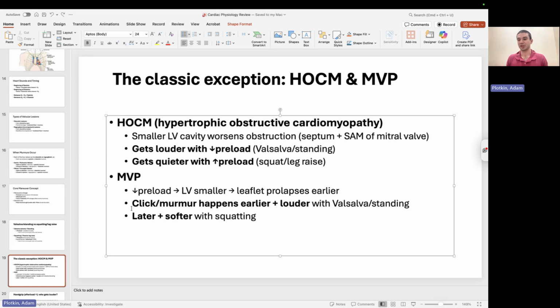Right? When everything gets taut, that's the click we're hearing when we're auscultating the heart, right? It's the annulus that's getting clicked. They're getting taut. So it's the same idea here. If we decrease preload, the left ventricle is going to be smaller, and it's much easier to pull that